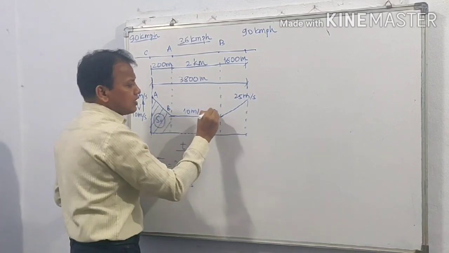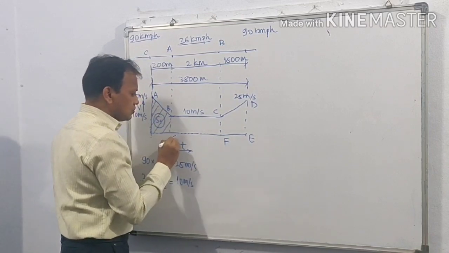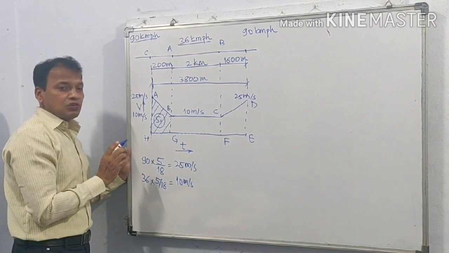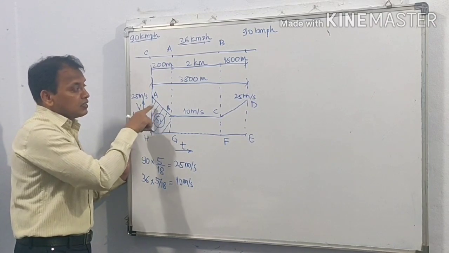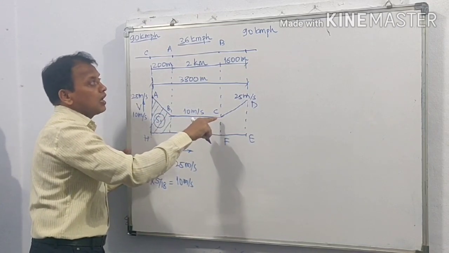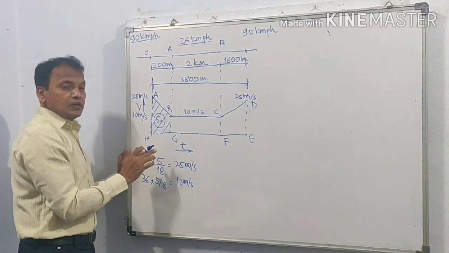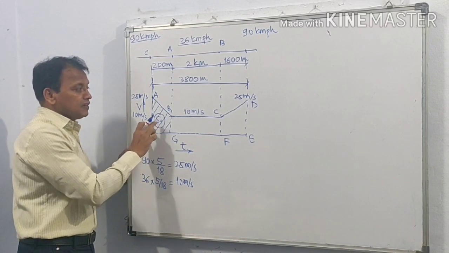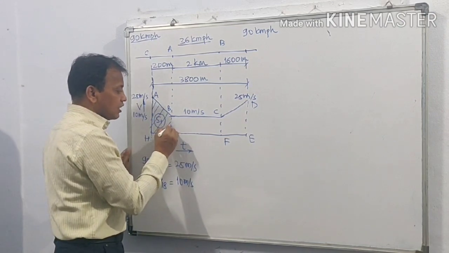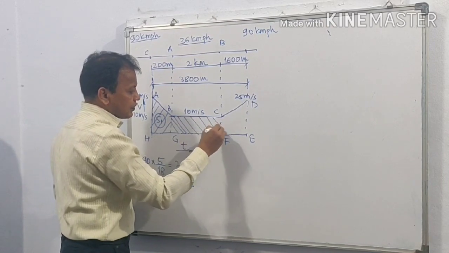have points A, B, C, D, E, F, G and H. We have given names only for the sake of our understanding. As this is variable acceleration, here acceleration is different, B to C acceleration is different, C to D acceleration is different. So as accelerations are different, the diagrams are different, and therefore we are considering these diagrams separately.